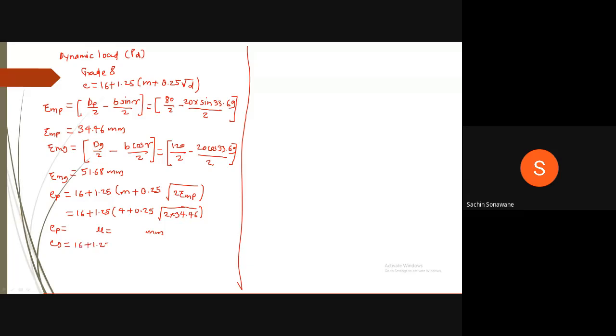16 plus 1.25 into bracket m plus 0.25 into square root of 2 RMG, which is equal to 16 plus 1.25 into bracket 4 plus 0.25 into square root of 2 into 51.68. EG is equal to,